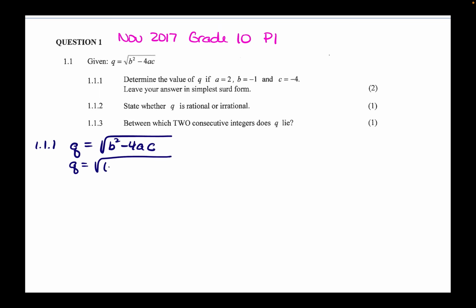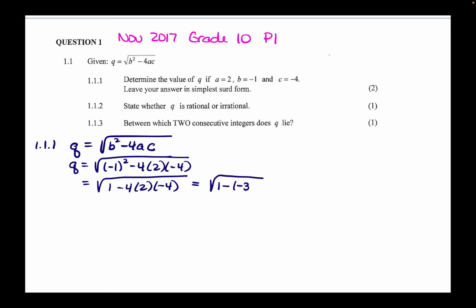We're going to substitute in our values for B and A and C using parentheses to be sure we don't make any mistakes in our simplifying. Then we'll use our order of operations and do exponents first. Negative 1 squared is 1. And then we will do our multiplication before we do the subtraction. So this will be 1 minus a negative 32, which is 1 plus 32, and then we get the square